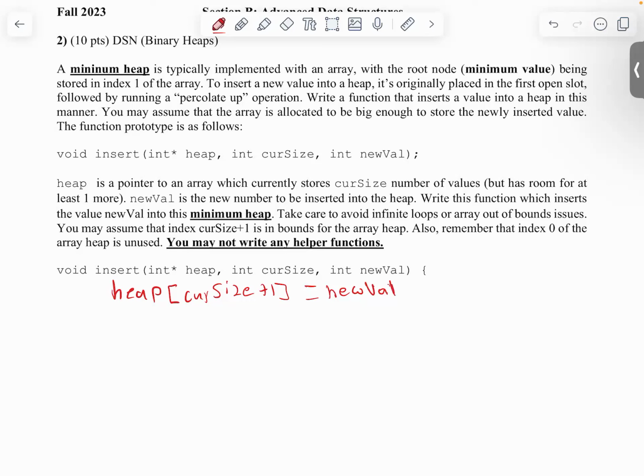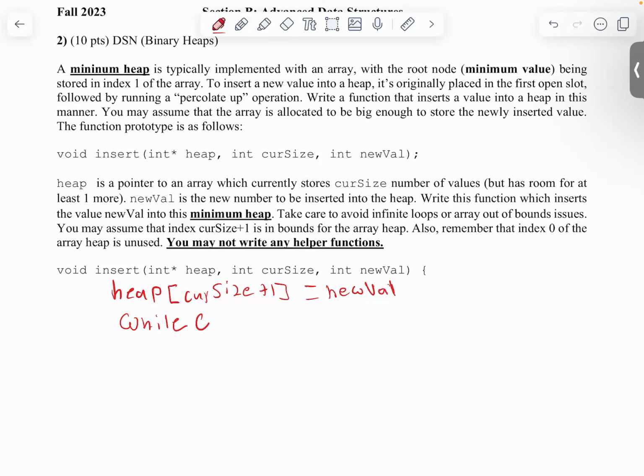Are we done? Nah, yeah, we need to check if we need to percolate up, and then we need to keep percolating up. Now, we just wrote the recursive way, but this has to be iterative, I believe. Let's say that. I don't know if it says that. We're going to do it iterative anyways, because we just did it recursively. So we have our while loop. So based off the last percolate function we just wrote,